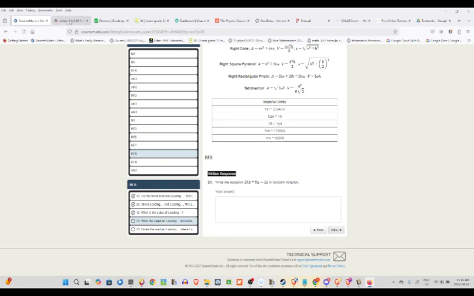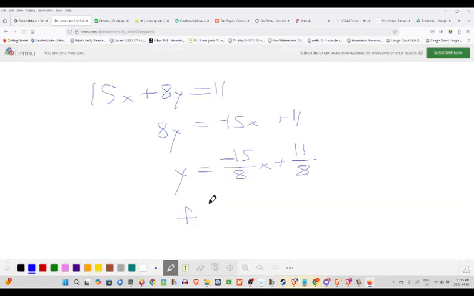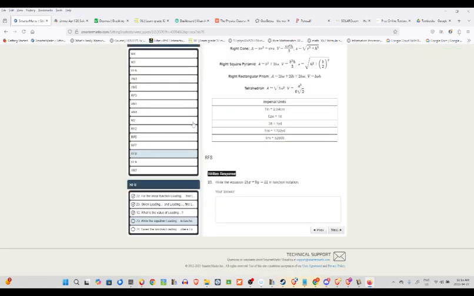Now we replace y with f of x. So that's negative 15 over 8 x plus 11 over 8. And that's it. We just have that as f of x equals